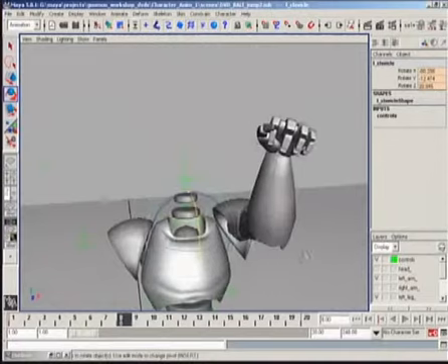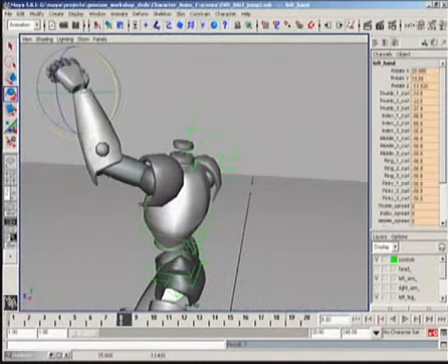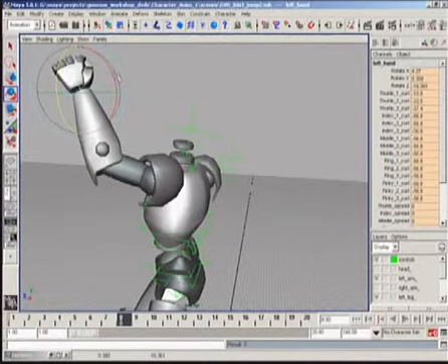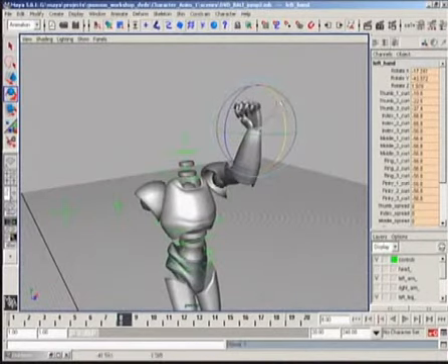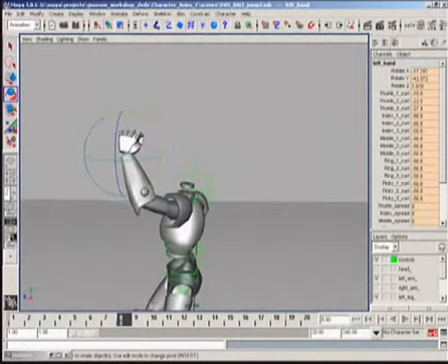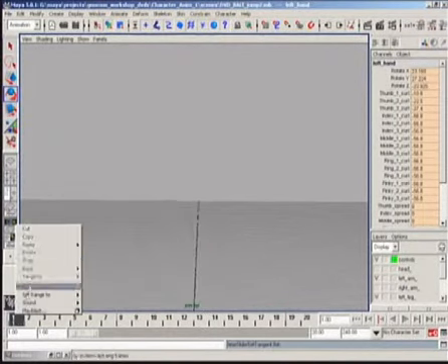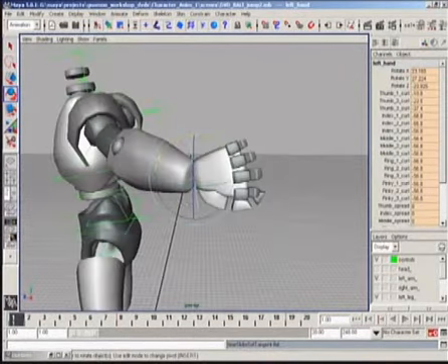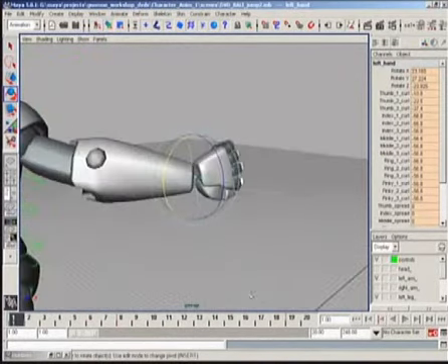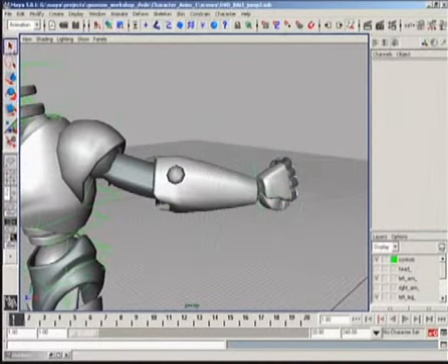in X. And also, I'm going to kind of really get this sort of solid fist action happening as he jumps here like that, like it's hitting the extreme. I'm going to set tangent C to be flat, make sure everything is good. And what I'm going to do now in the graph editor, by multi-selecting everything,